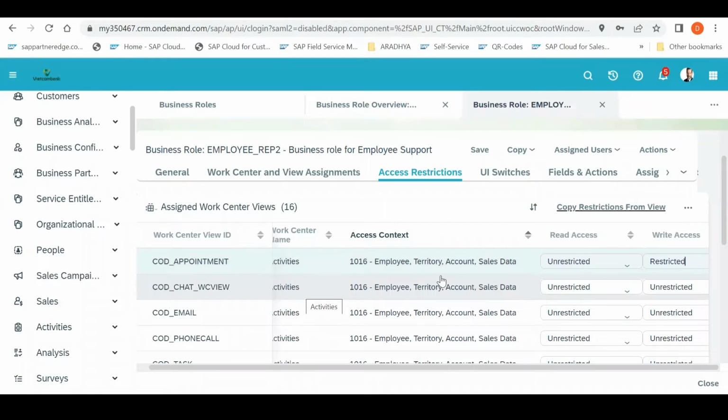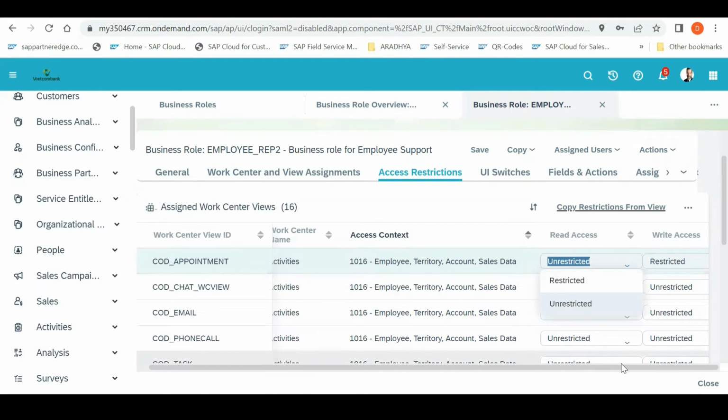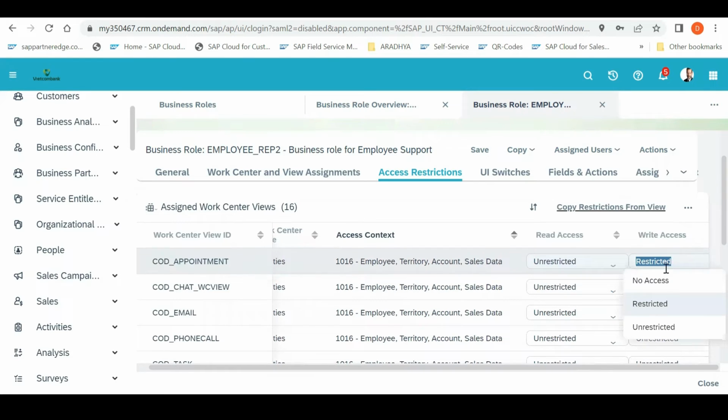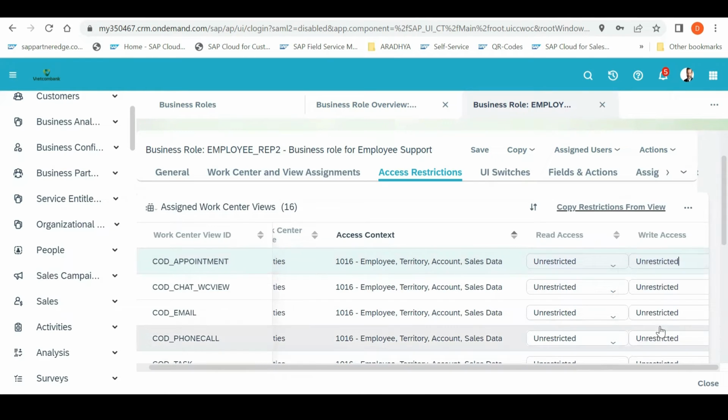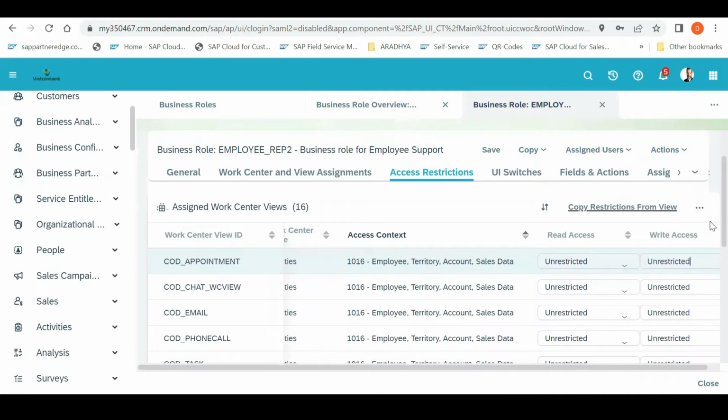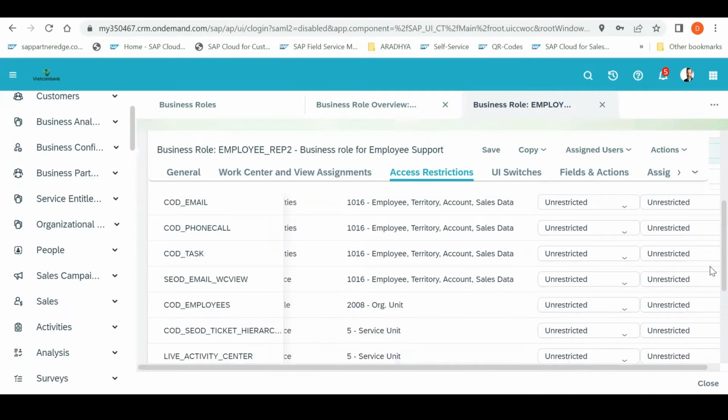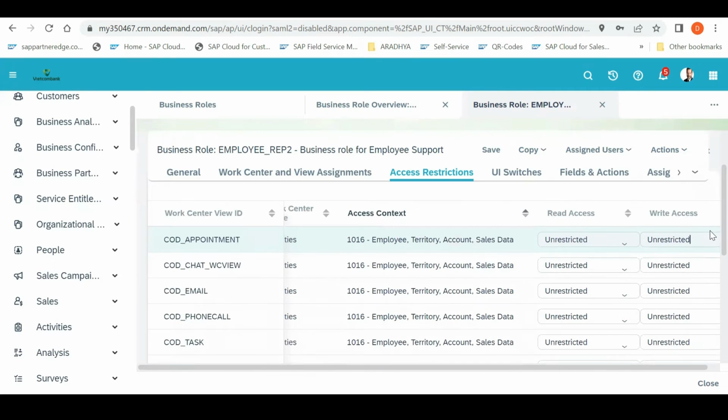But the thing I could not understand is why employee, territory, account, and sales data are bound into one access context area. You could have done it differently. Everything is different. Territory is different. Account is different. So what does it mean? It's correct, it is different, but in C4C